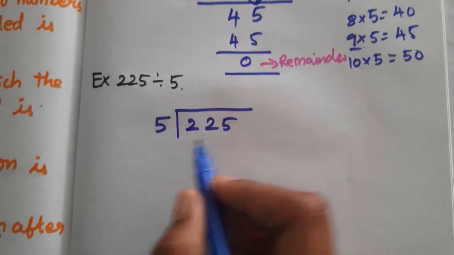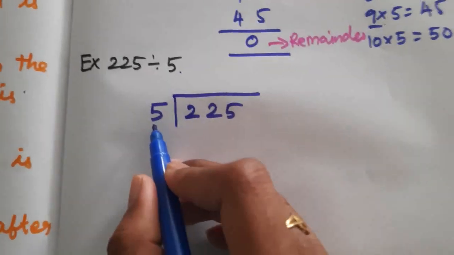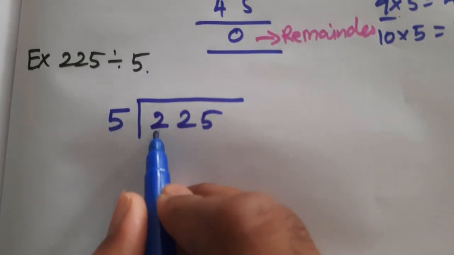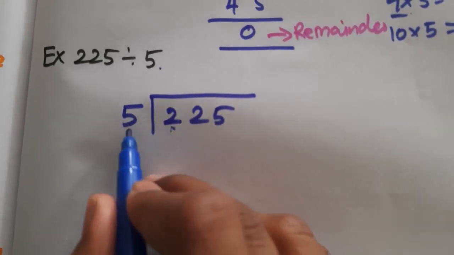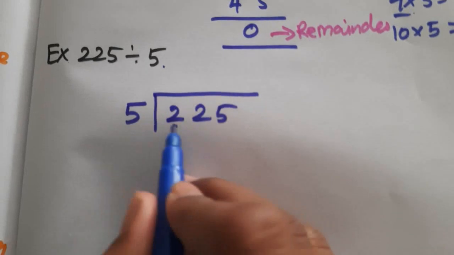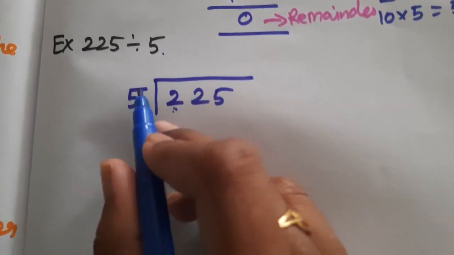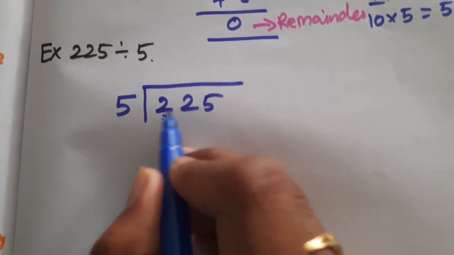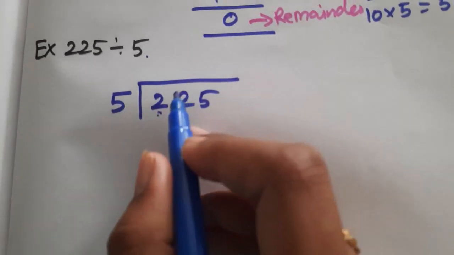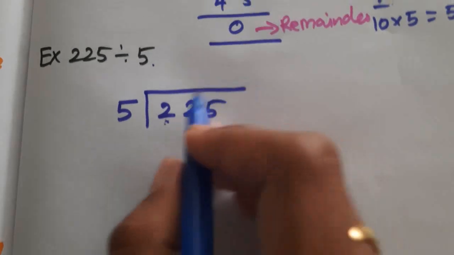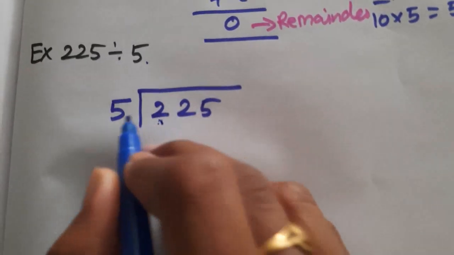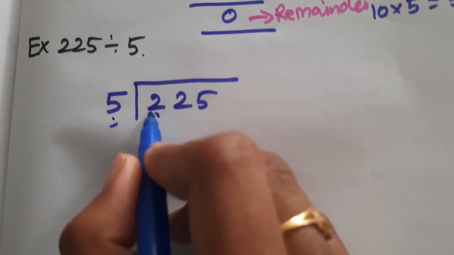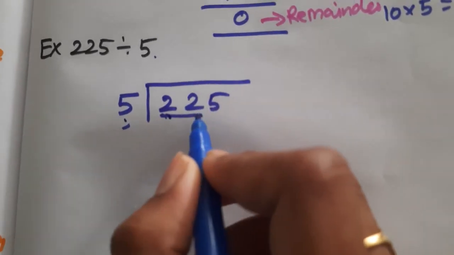Here the divisor is 1 digit, which means first you have to see 1 digit. So here is a 2. Next step you have to compare that number. While you are comparing, if the divisor is greater, you should see the 2 digits. Or else if the dividend is greater, you have to do the division process. But see here, 2 and 5. The divisor is the greater number. So in this case you have to see the 2 digits, 22.